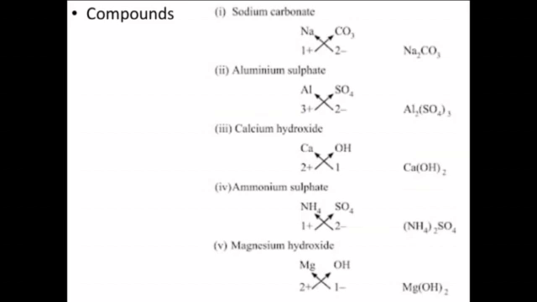Next is the differentiation between mixture and compounds. Elements or compounds just mix together to form a mixture and no new compound is formed. Whereas in a compound, elements react to form new compounds. Mixture: a mixture has a variable composition. Compounds: the composition of each new substance is always fixed.